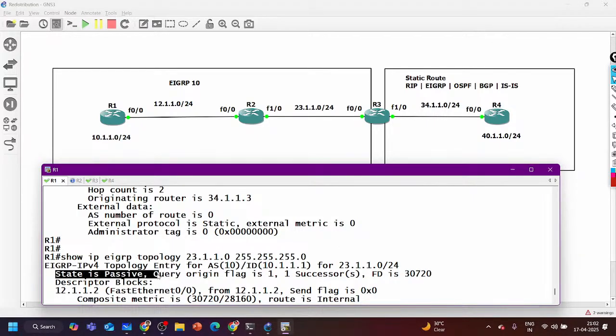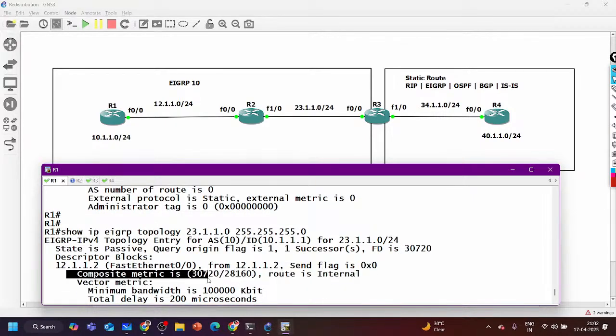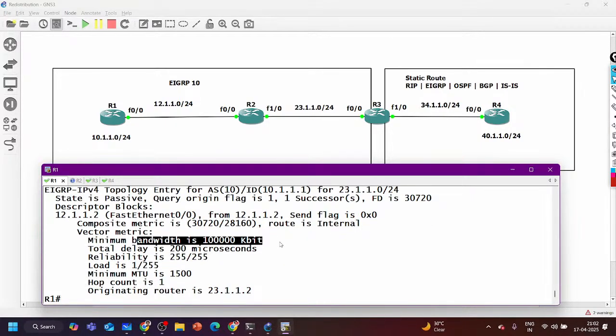State is passive in the topology table, FD. You can verify all the things: minimum bandwidth, total delay, reliability, load, MTU, hop count, and originator router ID. Who is originating this prefix? Router 2. Router 2 is advertising to router number 1, right? So router 2 is using this router ID 23.1.1.2.